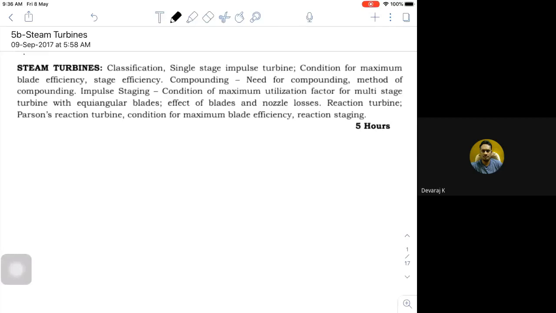So we'll start with the last module, or last unit, of your turbo machines course, which is mainly on the power producing machines. One being the steam turbine, and the other one being the hydraulic turbines. So we don't have anything included here. The gas turbines part is not included here. Maybe that can be taken in this other separate elective course where we have the gas turbines.